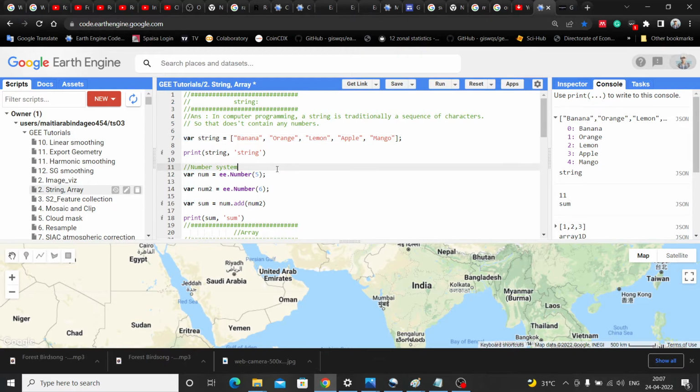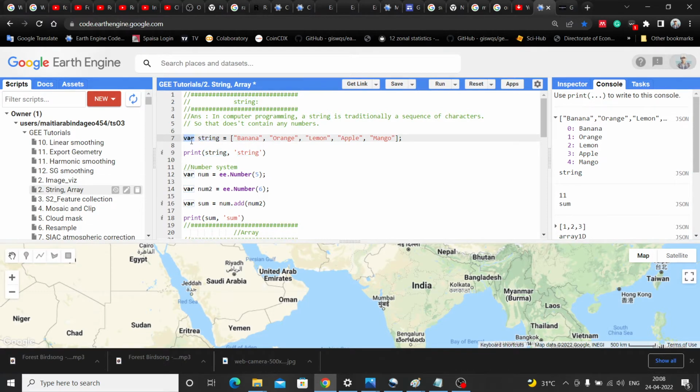So, before writing a code, you must define a variable name. Here I use the variable name string. Before the name of the variable, you must define var.